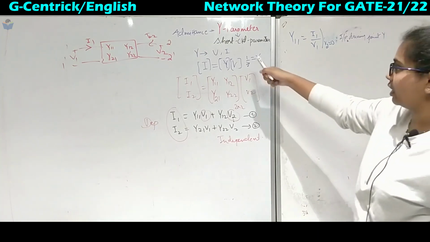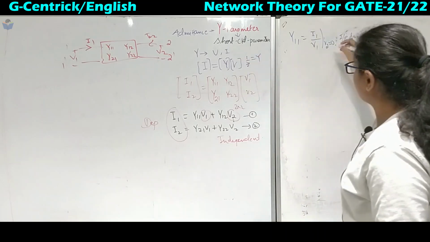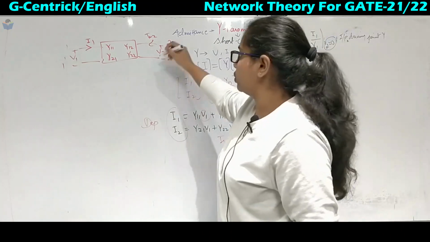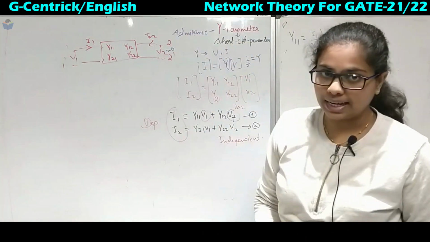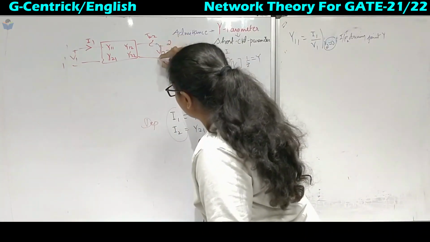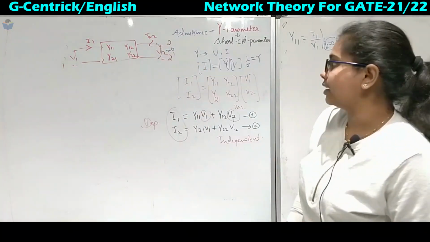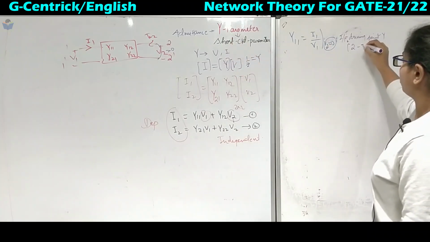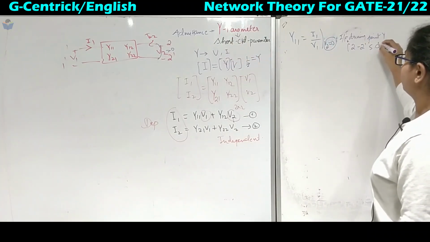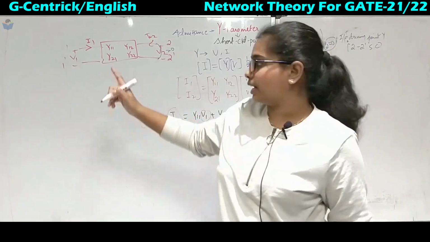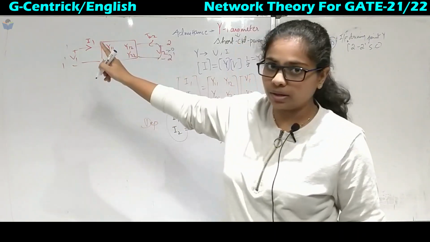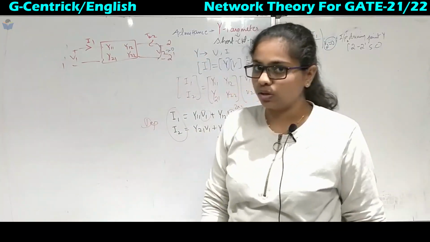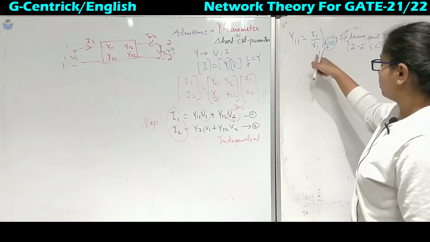Now why have we taken this as a short circuit parameter? It is because we are making V2 equal to 0. In our 2-port diagram, V2 equal to 0 indicates a short circuit path, so this will be short circuited. That is why we take this as a short circuit parameter. In this case 2 dash is short circuited. In Z parameter we had taken 1 dash as open terminal, because we had taken I1 equal to 0 and for the other V2 equal to 0. So this is our Y11.